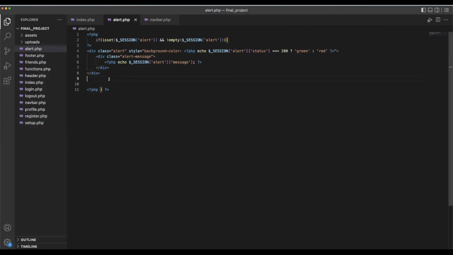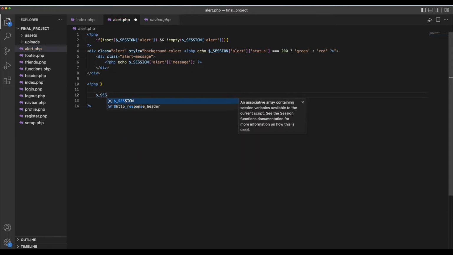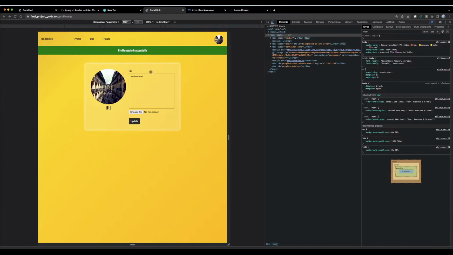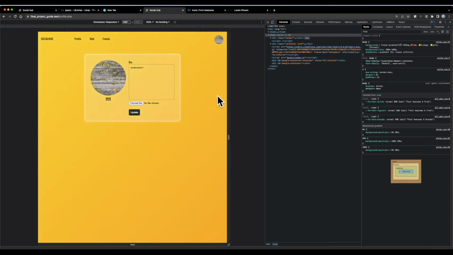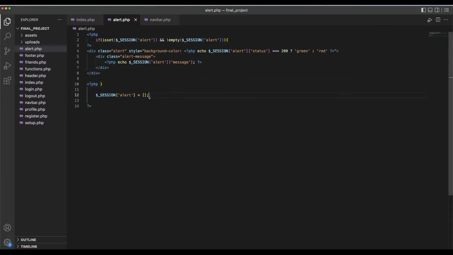So that's that. And then after we close the curly brackets, we want to reset this session, or reset the alert within the session to an empty array, so that after you see this and then you refresh, it should be gone. You shouldn't see it again. So that's what this does right here. It just removes the data once you refresh,